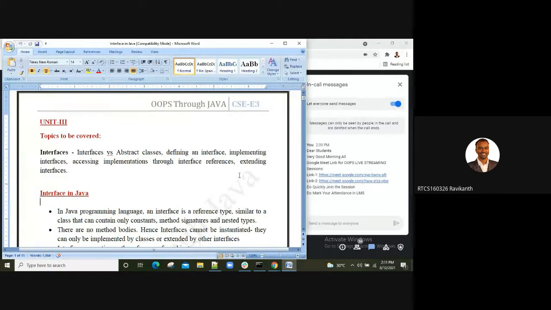We'll also see how an interface is different from a class, and how we make use of the interface concept in Java. People keep telling us we make use of the implements keyword, so how do you use the implements keyword? All that we are going to see in detail.